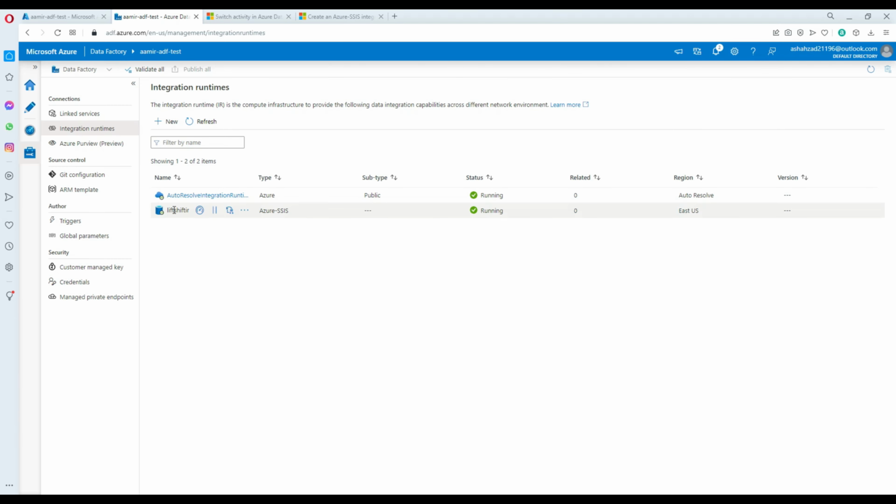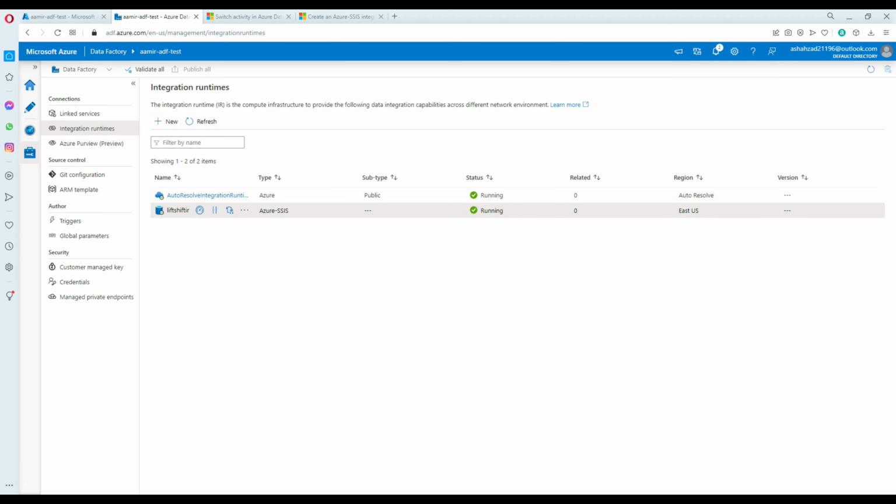All right, our lift and shift SSIS IR, you can see right there, is running, and in this case it did not take 15 minutes, it got completed in like 3 minutes. It depends upon different scenarios, but I have seen these do take some time. So now this is all good, and what we are going to do here,